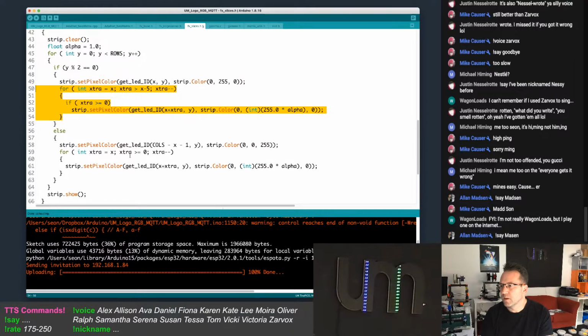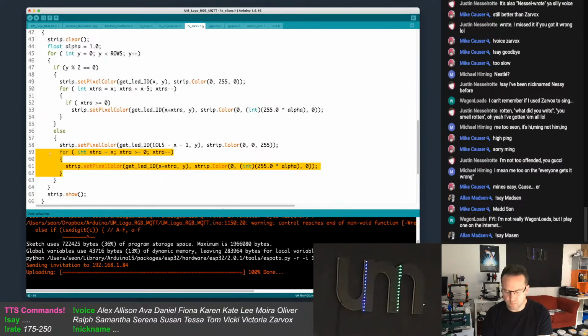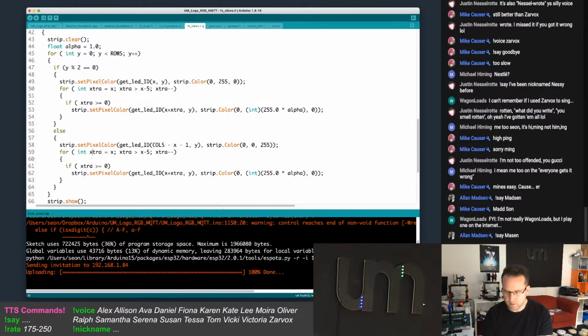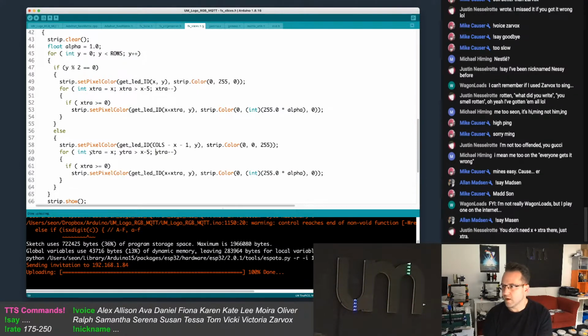So this isn't really how I'd do this. I'd do it via an array, but I haven't. I'm going to work it out. Equals extra 2 is less than x plus 5.